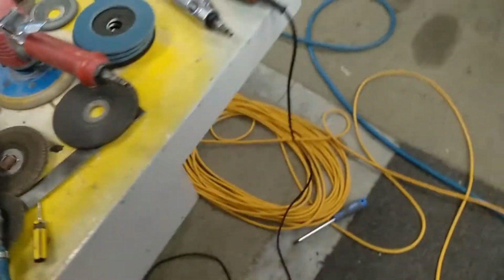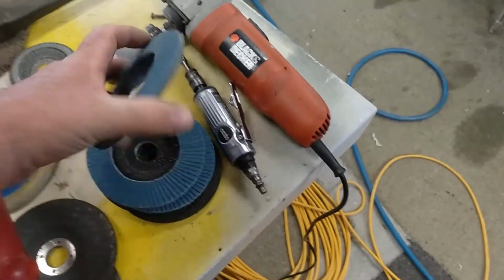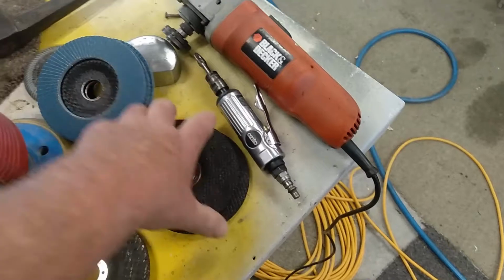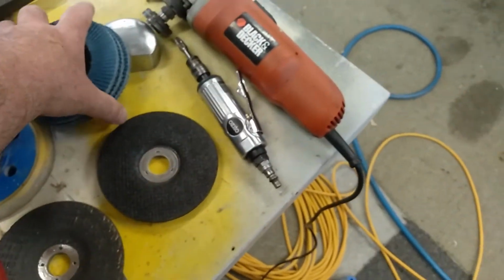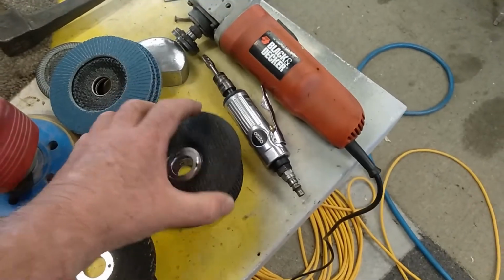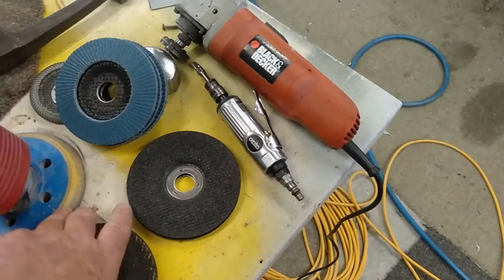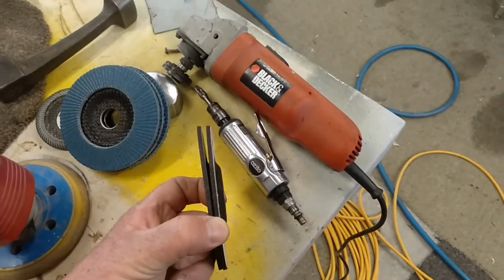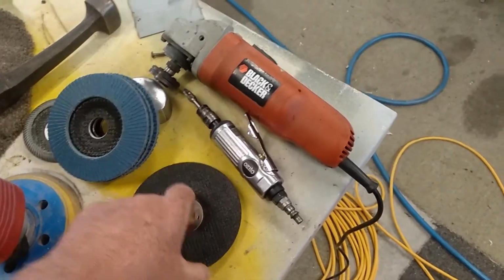But we got our little order in of our little rescue package. Some flat discs, flappy discs, or whatever you want to call them, and a couple of just real thin grinding discs. They're handy just for doing that sort of soft clean up, a bit of weld and stuff like that, where you don't really want a big heavy one, and you don't need something a bit more substantial than a thin